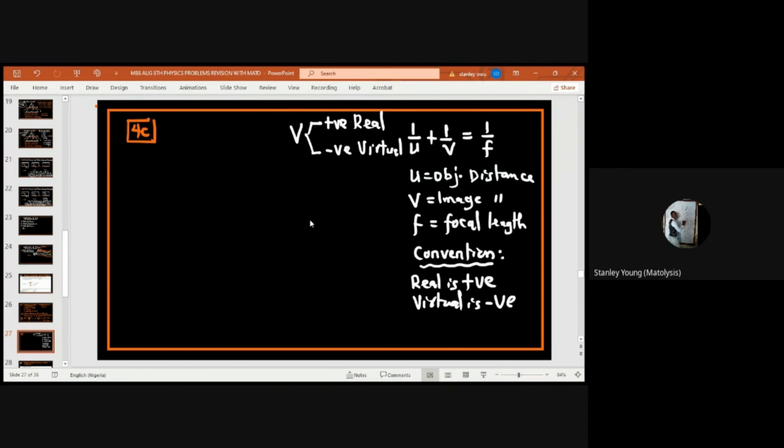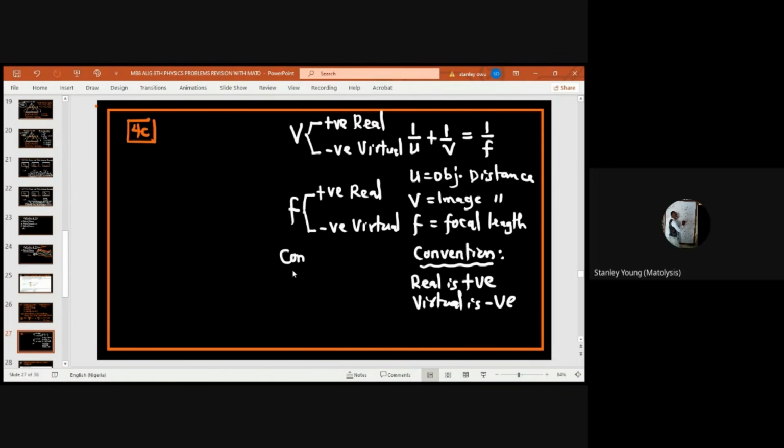Okay. Another thing you need to know is F. F is also positive for real. F is negative for virtual focus. While V is obvious, if it is real or virtual, it's obvious. F, you need to understand that